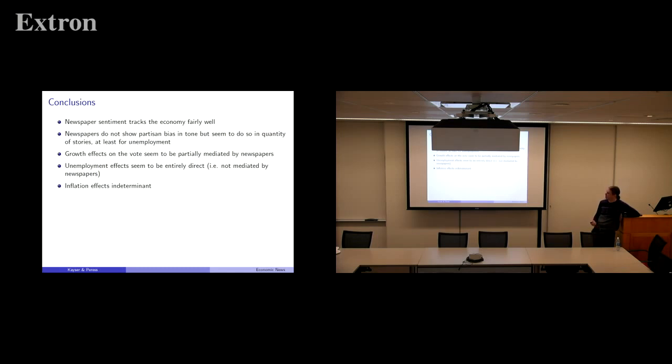If we put this all together, this is also consistent with the idea that unemployment, that's mostly pocketbook voting. That comes from both the fact that the vote relies on immediate levels of unemployment and also because it's entirely direct effect. Growth seems to be a mix of pocketbook and